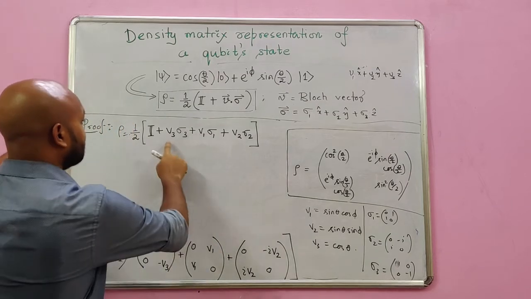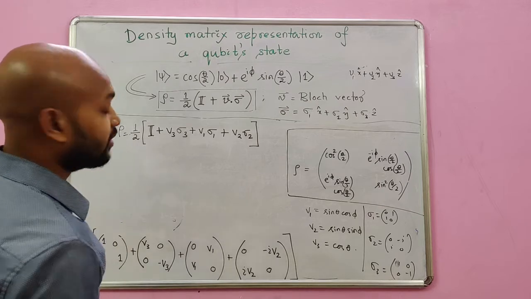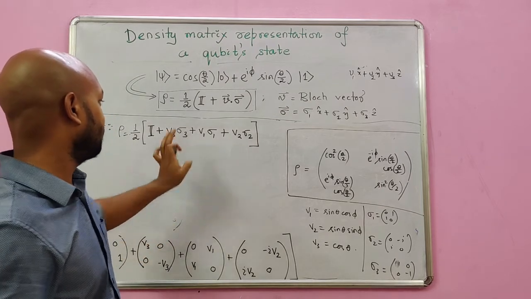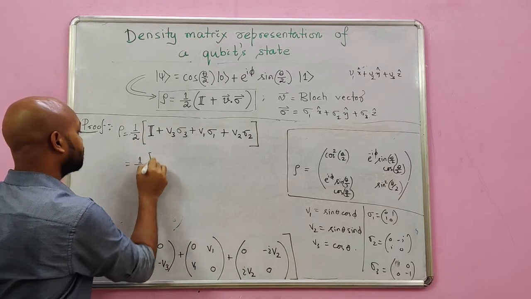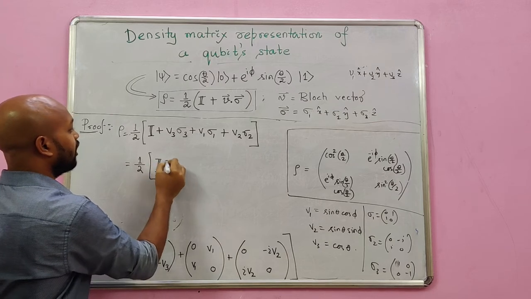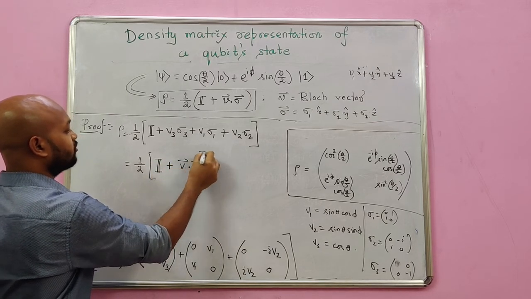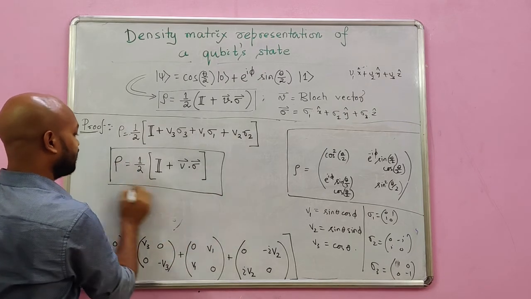Now see, isn't this term looking like a dot product of V vector and sigma vector? Yes, V1 sigma 1, V2 sigma 2, V3 sigma 3. So I write this as half of identity matrix plus V dot sigma,